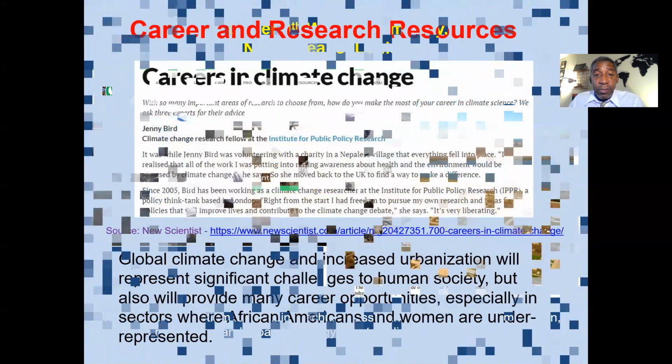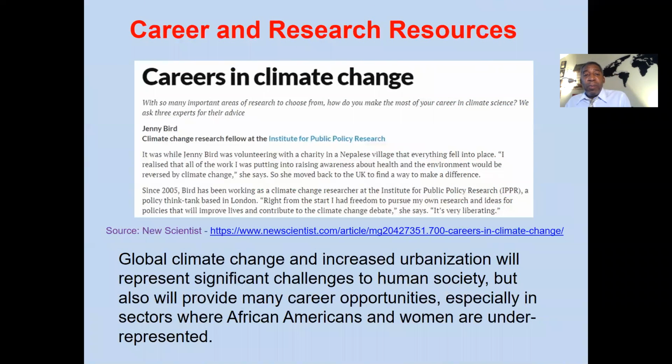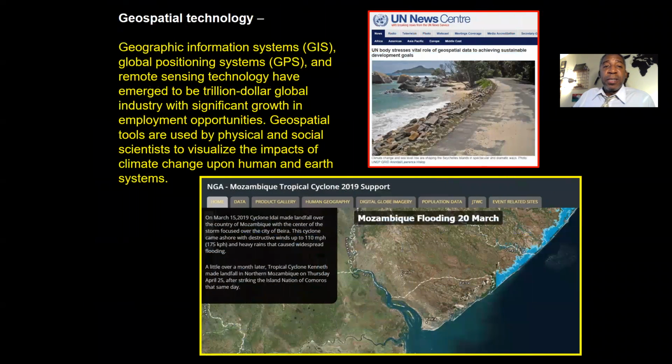And so we're working with, so in your case, there are a lot of opportunities out there for you to engage in careers in climate change, although most of you all appear to have your mind set on some in the medical field. But I know we have at least one civil engineer and one health science major in the class that might be interested in